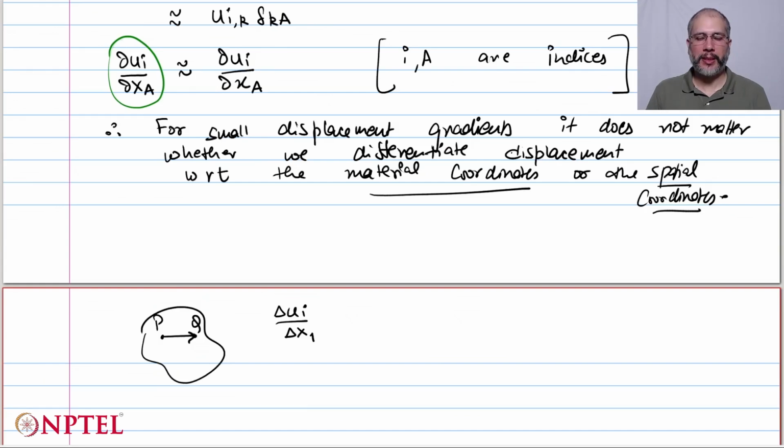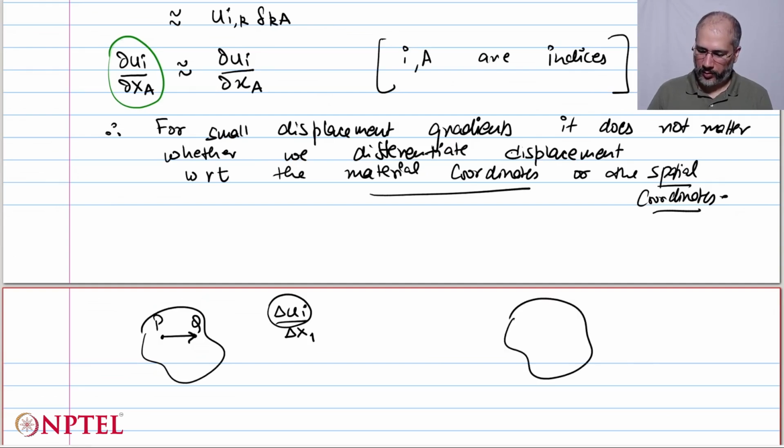So the displacement gradients are finding the ratio of this delta u_i to the delta x1, delta x2, or delta x3. That is, you move from the material point P to a point Q in the respective direction in the undeformed configuration. On the other hand, if I am talking about del u_i by del small x_j,